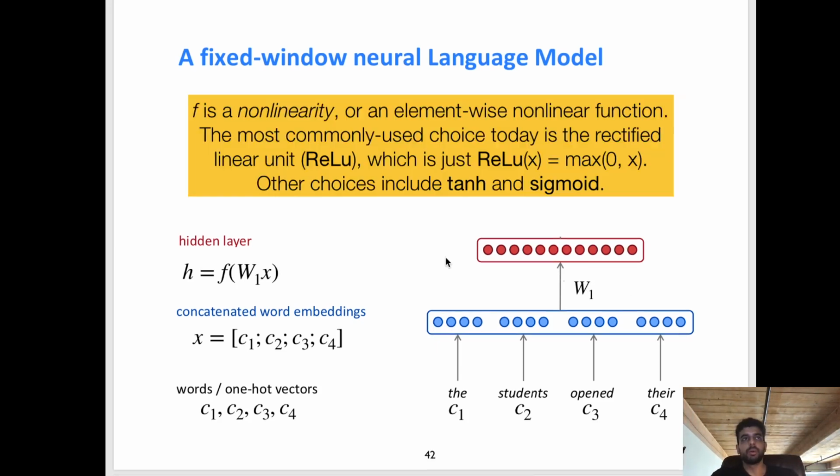So you might ask, what is the purpose of this nonlinearity f, and what is the purpose of this whole hidden layer? Why can't I just directly apply my softmax layer to this concatenated representation? There's nothing preventing you from just discarding this hidden layer and immediately proceeding with a softmax layer. But the point of adding these nonlinearities is to be able to model nonlinear relationships between the input and the output. This is kind of hard to think about in the context of language modeling, but a classic problem that motivates the inclusion of these nonlinearities is the XOR problem. You can read more about this.